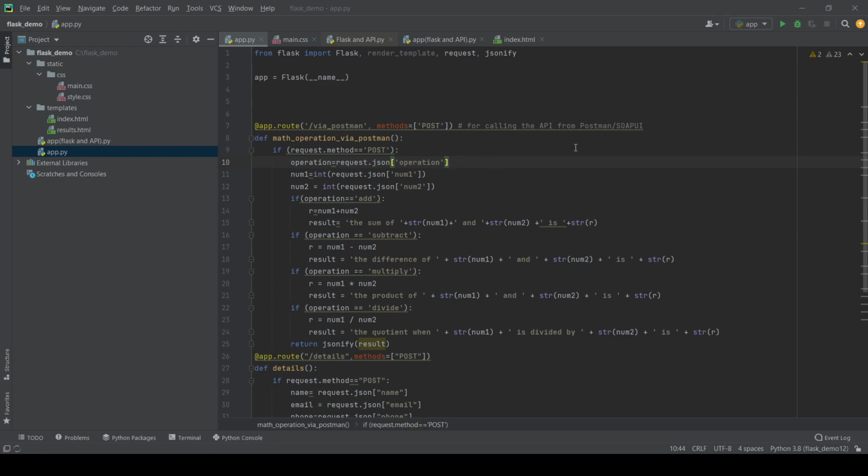In location, give the location where you have installed your Conda. There it will create your environment, a virtual environment, and you can create any number of virtual environments. For this particular project, I'm creating one virtual environment. For some other project, I'll create another. All virtual environments are independent from each other, having their own module setup done, so you can work on different projects with different virtual environment setups.